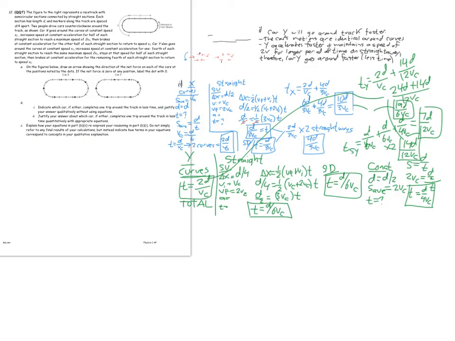So for part C, we want to discuss how our equations in part 2 of B justify or explain what we said conceptually in part 1. We don't want to just go right to the final answer and say, oh, well, it was less time. We want to really focus on what we said in part 1 and how that relates to the equations in part 2. So I would say for this one, we see that car Y accelerates to its top speed